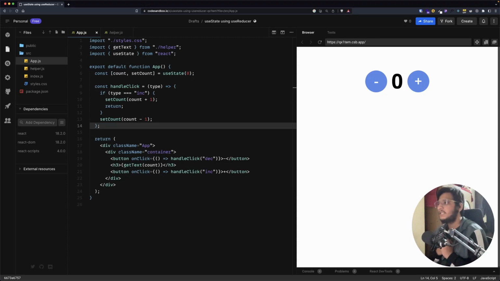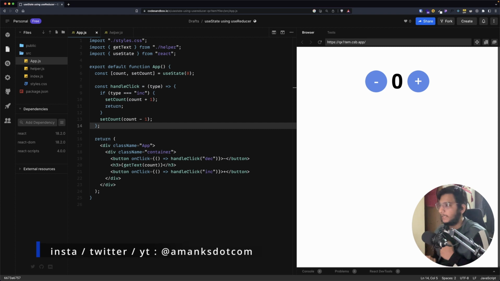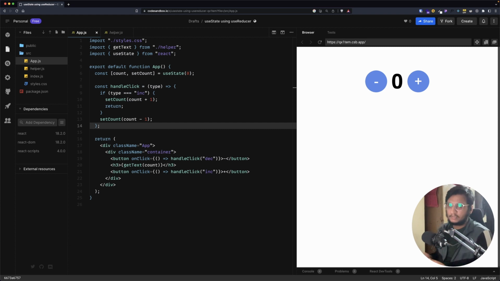In this video, we're going to see how we can use the useReducer hook to create our own custom useState hook, right? Before we start, the prerequisite for this video is that you're familiar with hook-based React, especially the useState hook and the useReducer hook. I'm not going to explain how useReducer works in so much detail. So if you're not familiar with it, then you can just go to the React documentation or watch any